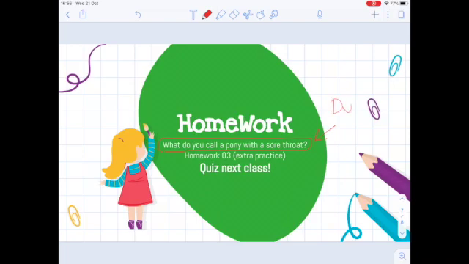Okay, this worksheet will be due on Monday. If you feel like you need extra practice with evaluating expressions, you can also do homework 3 for extra practice. However, homework 3 will not be graded. And lastly, an important information is next class, guys, we're going to have a quiz on everything we've learned so far. All right, order of operations, phrases and word problems, and evaluating